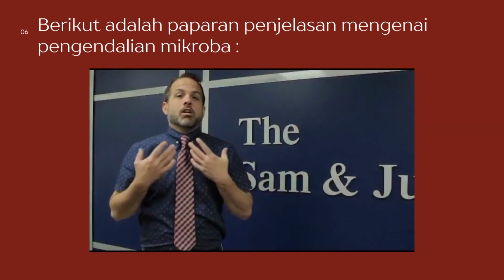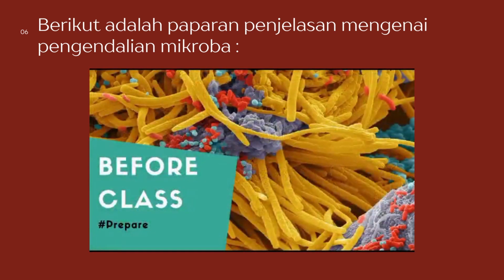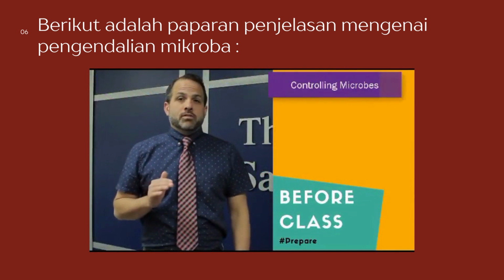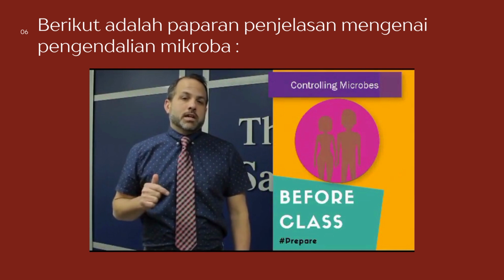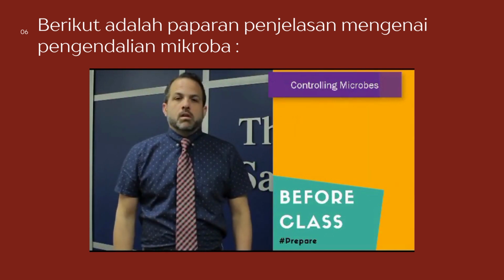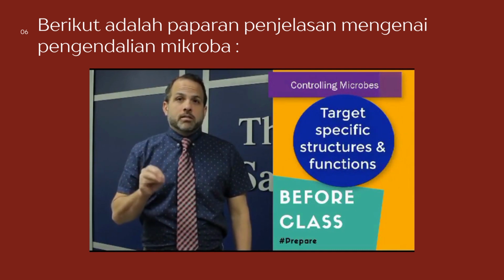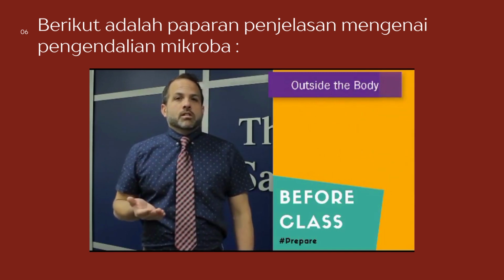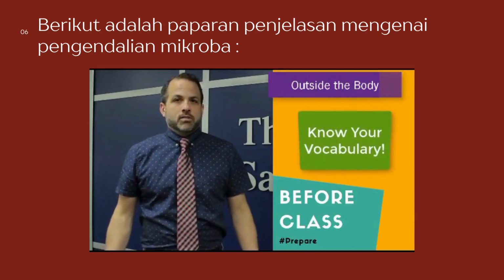It is because our ultimate goal is to control the microbes. This lesson is divided up into two different areas: controlling microbes outside of the body and controlling the microbes inside of the body. We take those specific aspects of their structure and of their metabolism and target them by using antimicrobial chemicals. Going through the lesson over controlling microbes outside the body, make sure you understand all the different terminology